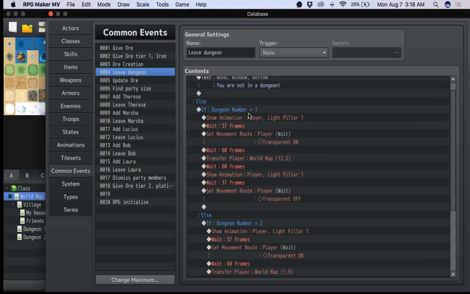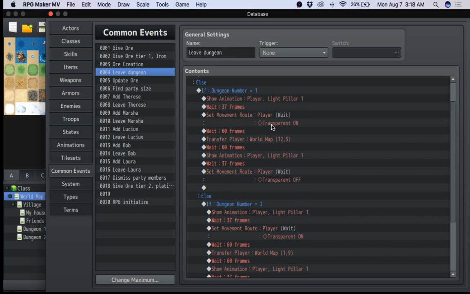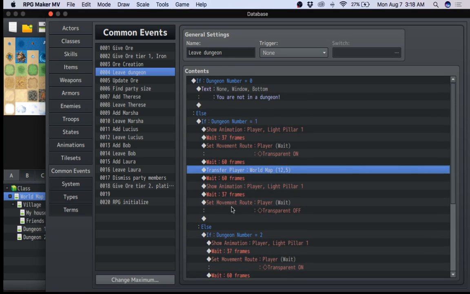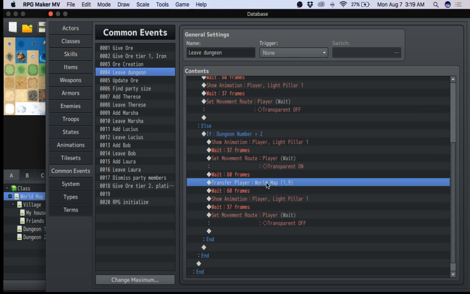Else you're in dungeon number 1. The light pillar comes down. It waits a certain amount of frames. It makes you transparent. It changes you to the world map, and then it puts a light pillar. So basically, it should really be just one command without all these fancy graphic commands here. It's basically to just transfer the player to the proper spot in the world map, given that it is dungeon 1. And if it's dungeon number 2, the one line that matters, transfer the player to the world map